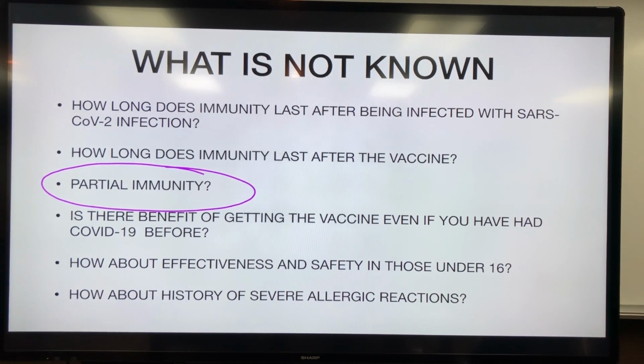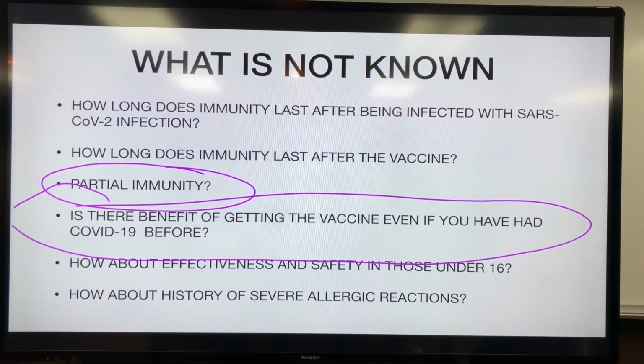Maybe the immunity does wear off, okay? But you have some partial immunity. So whether you got the real virus or the vaccine, you got enough partial immunity so you don't get it as bad. I mean, everyone here, whether you know it or not, has had Spanish flu. You don't know this, but you have. Spanish flu has been circulating since 1918. It's part of us. So we all have partial immunity to it. That's why you don't hear about Spanish flu, but it's part of the flu that's around. So it may turn into something like that over time with this partial immunity business.